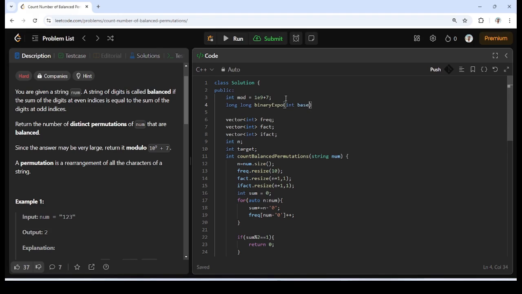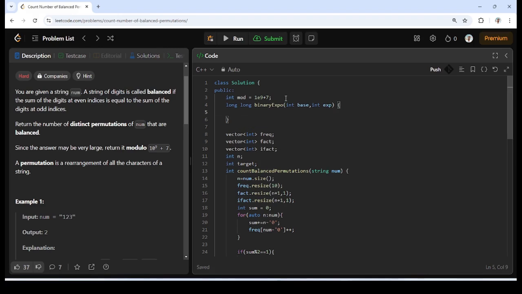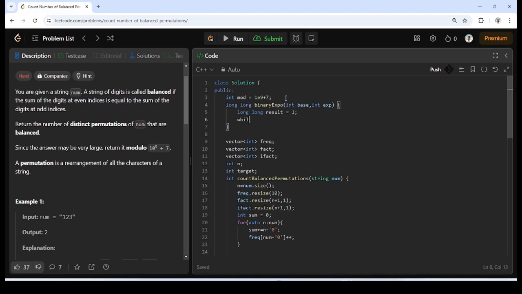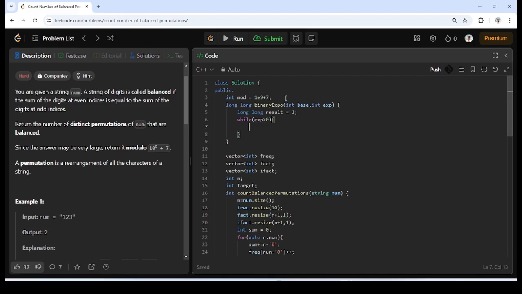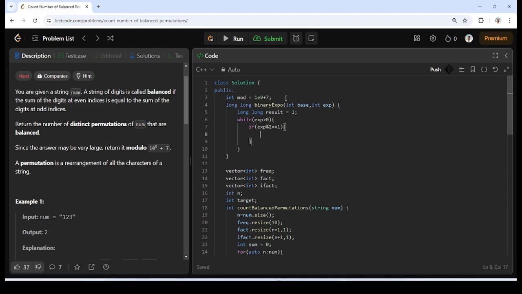The base will be base, first argument, second will be exponent. I will get the result and initialize it with 1, while exponent or expo is greater than 0, keep going. If exponent mod 2 is equal to 1, so it's not divisible by